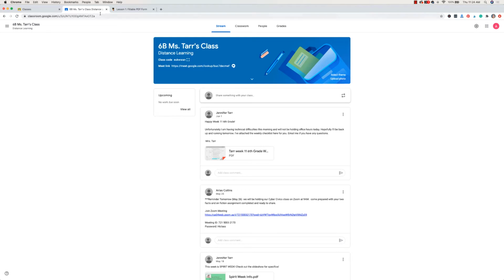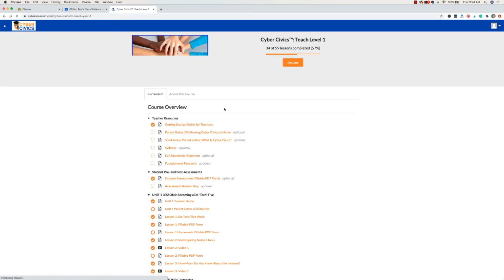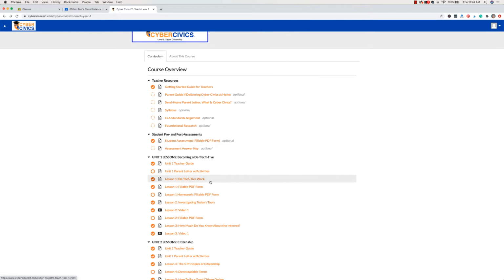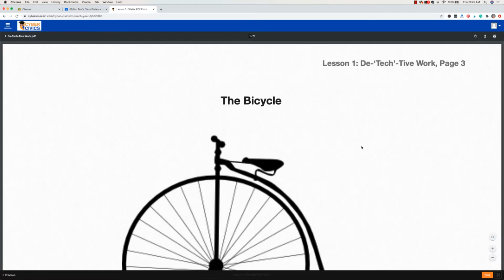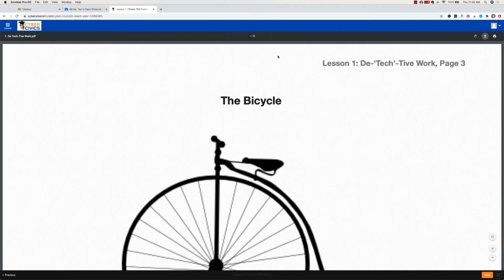So the first thing you could do is just head over to your Cyber Civics course, and you can find where you might need a fillable PDF to add to your assignment in Google Classroom. So I'm just going to click on that, and then what you'll do is you'll come up here and you'll download it. Sometimes if you're not using a Mac, you might see the download over here as well, just as a tip for those of you who are using PCs. So I'm going to save the PDF,